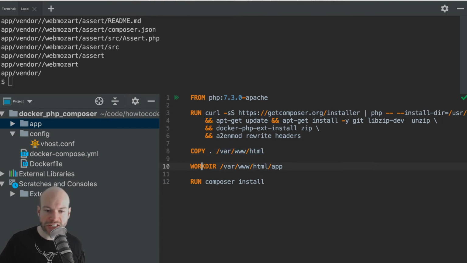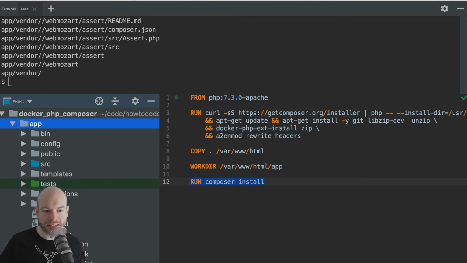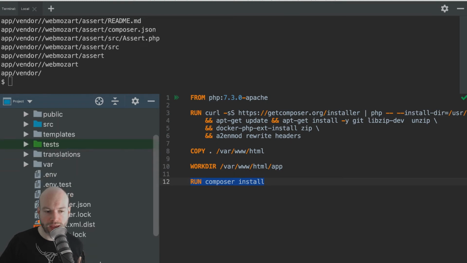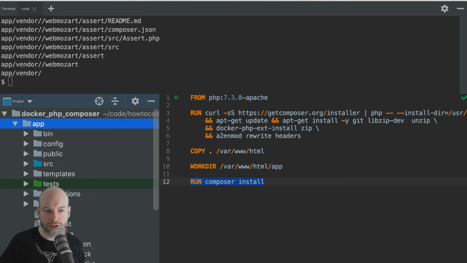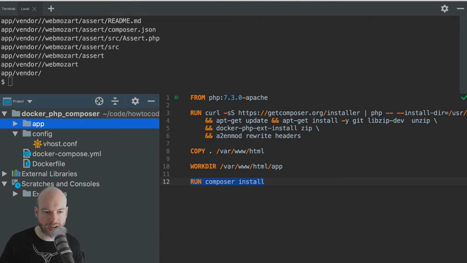We're then changing the working directory to /var/www/html/app, which is in here, and then we're going to run composer install, and that's going to build the vendor directory and Symfony and all that jazz inside the container, not inside the host machine, inside the container.